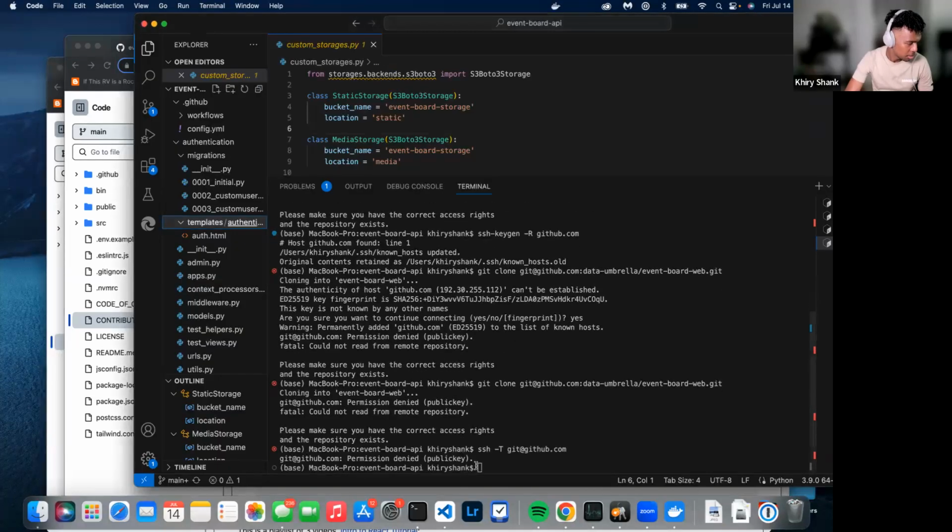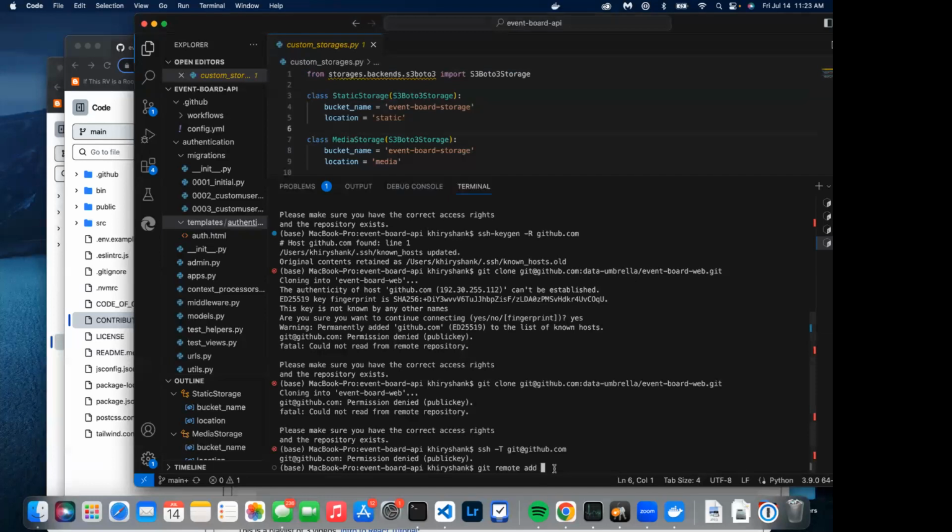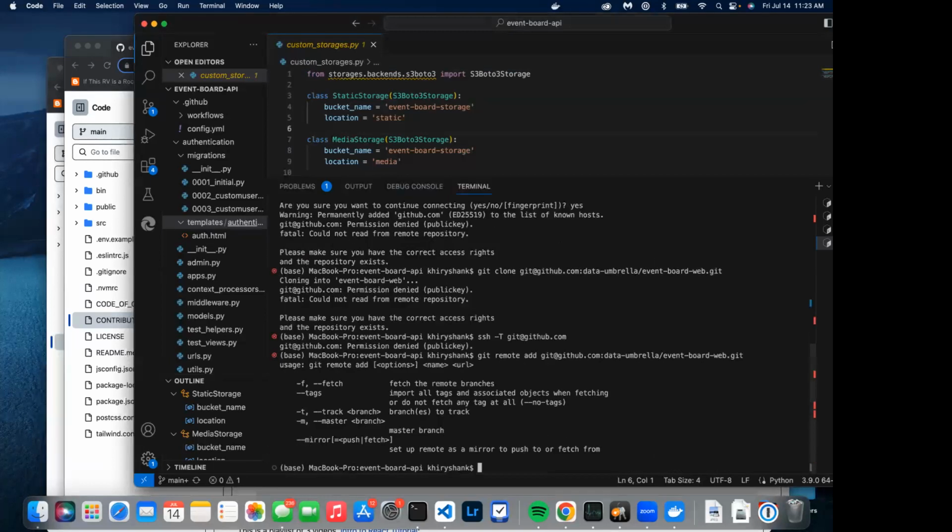Let me try. Oh, oh no. Did I add in the instructions for the forking? No, I think